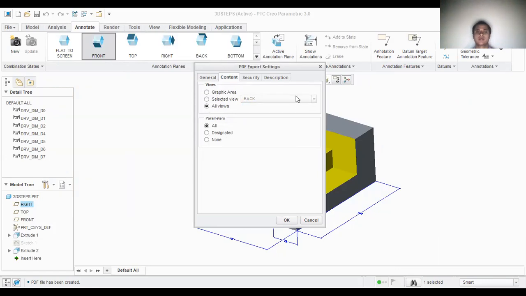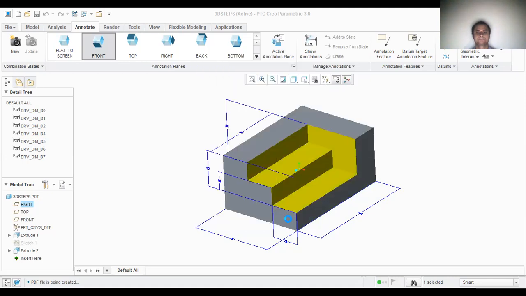So that all the views, back view, top view, front view, all the views that have been displayed here, everything will be saved. So click on all views and click on OK, so that it will be highlighted. Okay, so that you can see all your views. What are the views you have? You can see these views.